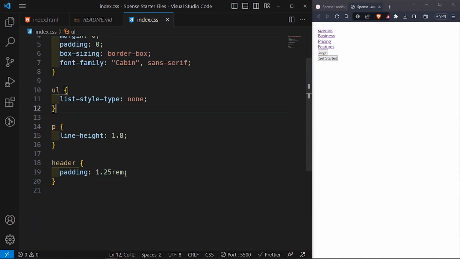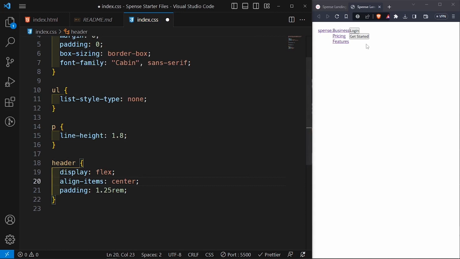Okay, that's looking nice. So inside here on the header, I also want to say the following. I want to say display flex, which is going to align items in a row by default, and then align-items center, which is going to bring them downwards to be vertically centered. And then I'm going to say justify-content space-between, which is going to take the three